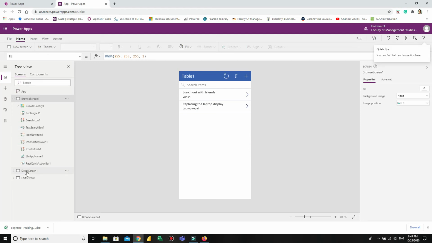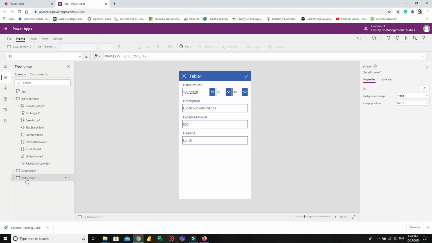Now your application is almost over. You can customize your application as you wish.